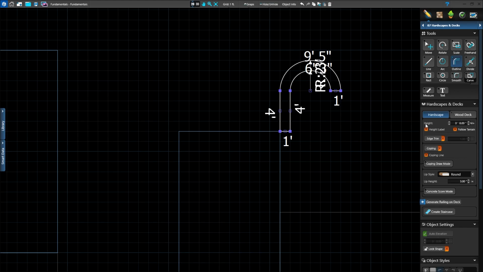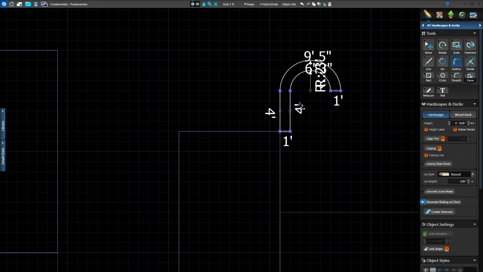Okay, now as far as the height, I'm going to leave the height at 0 feet. I definitely do not want these shapes to follow the terrain. I want my handrails to stay very level and flat on top. So I don't need to make any changes there. I now just need to copy and paste this over to the other side because the other side is identical